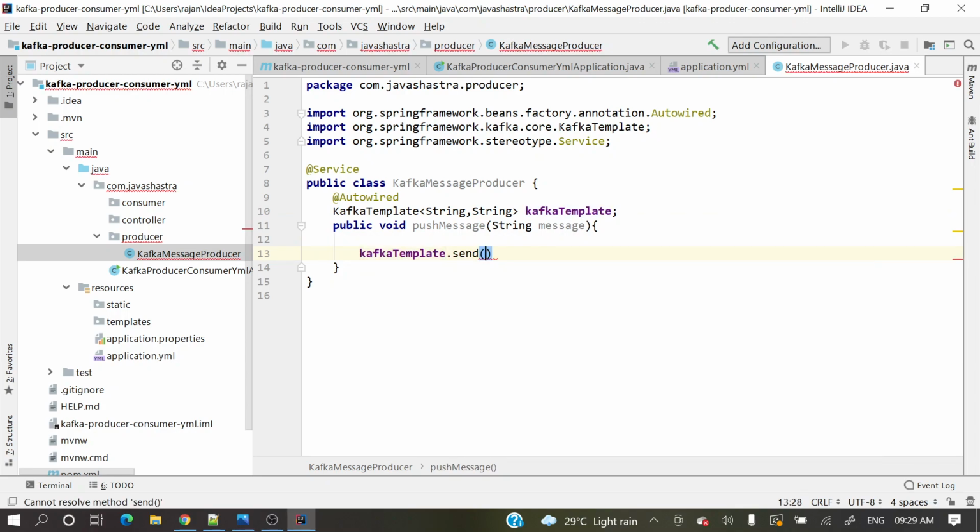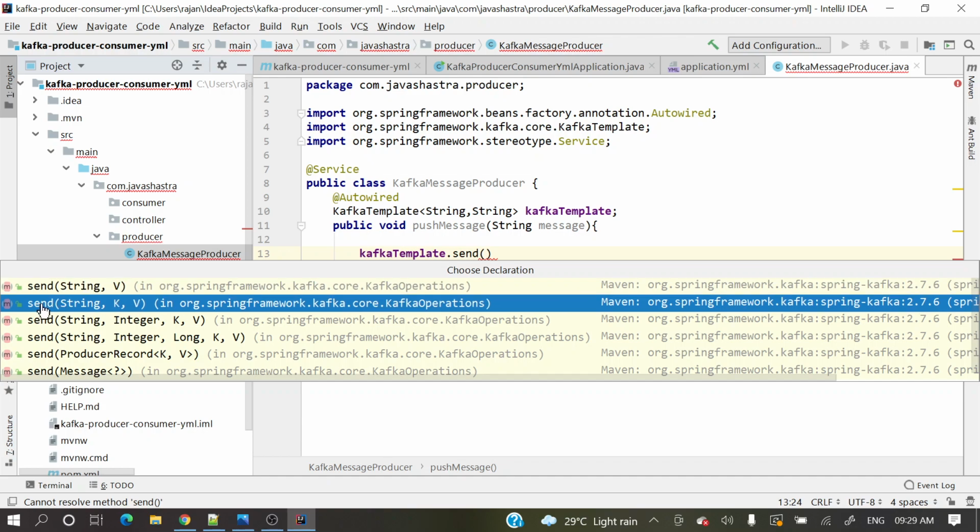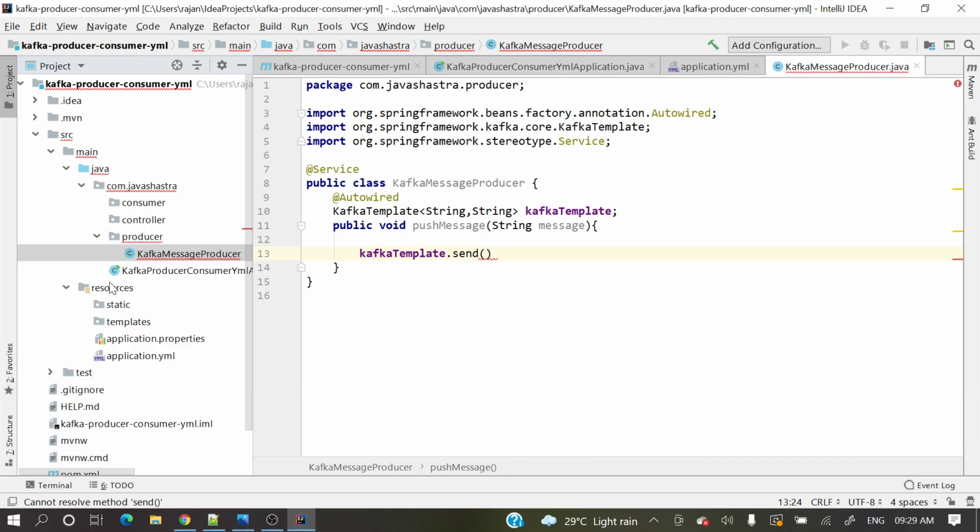In send, a lot of overloaded methods are there. This is the simple one. The first string is the topic, then the key you want to send, and V means value. So let's take the simple one.